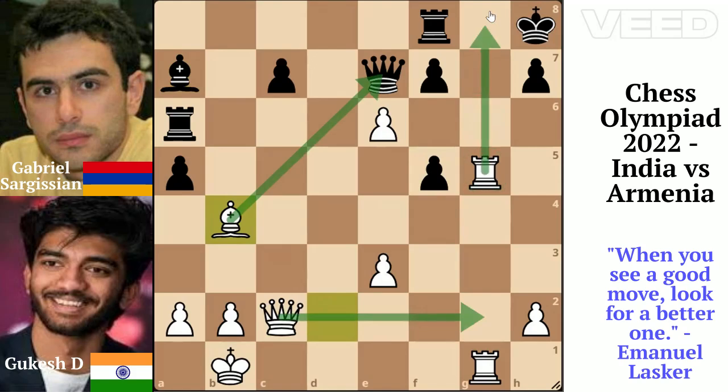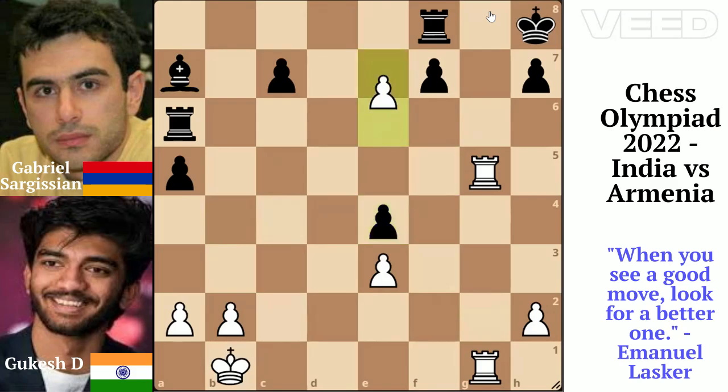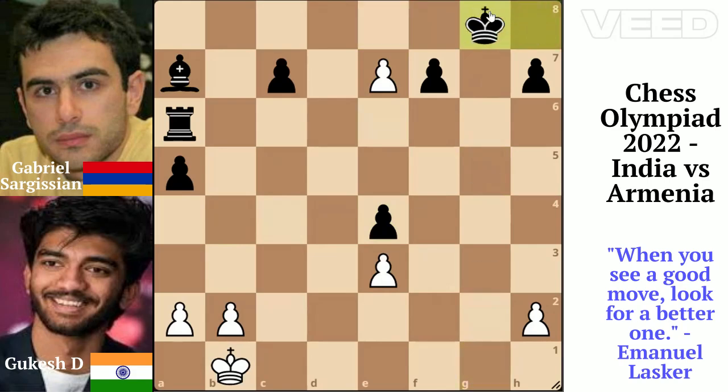After queen takes b4, queen g2, Sargissian has to exchange queens with queen e4 check to stop checkmate. After queen takes e4, f takes e4, Gukesh goes e7. After rook e8, rook g8 check, rook takes g8, rook takes g8 check, king takes g8, Gukesh promotes e8 to queen with check. This endgame is completely winning for white, but in team tournaments like Olympiad, players do not resign